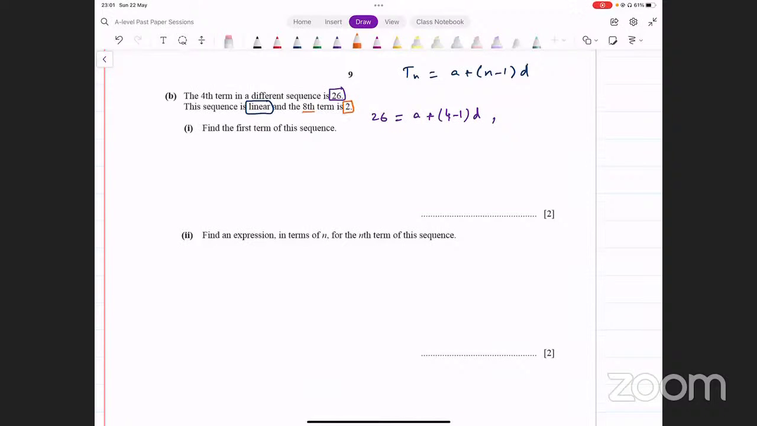8th term that has to be 2. So अगर हम n की जगह वहां पे 8 डाल दें, a plus 8 minus 1 times the difference, ये जो वैल्यू होनी चाहिए वो किसके इक्वल होनी चाहिए? वो 2 के इक्वल होनी चाहिए. या आपके पास 2 इक्वेशंस बन गई, you can solve these equations simultaneously and you'll get the values of a and d from this. ठीक है, let's do that. We've got a plus 3 times d, that equals 26, and from the other equation we've got 2 equals a